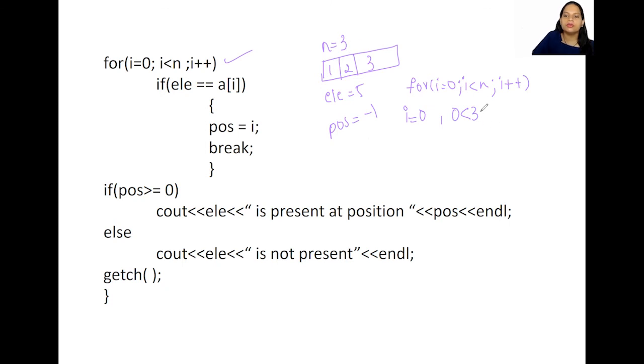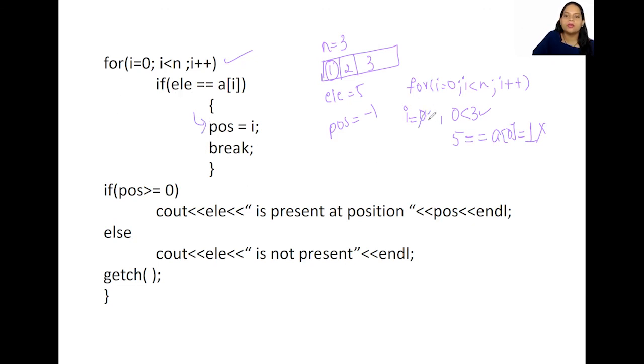Since this is true, I'm going to check if element is equal to A of I. What is the element value? 5. Whether it is equal to A of I, and A of I is nothing but A of 0, which is nothing but 1, isn't it? Is this equal? No, it is not. So we will not enter into this. We are directly going back to the for loop.